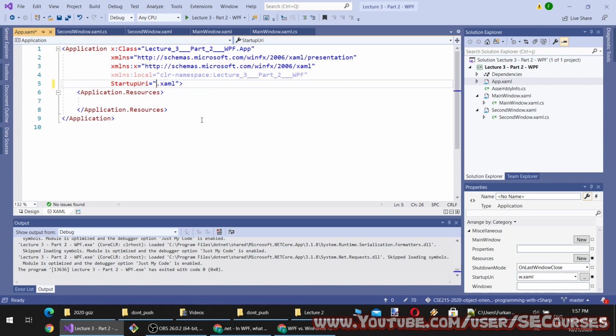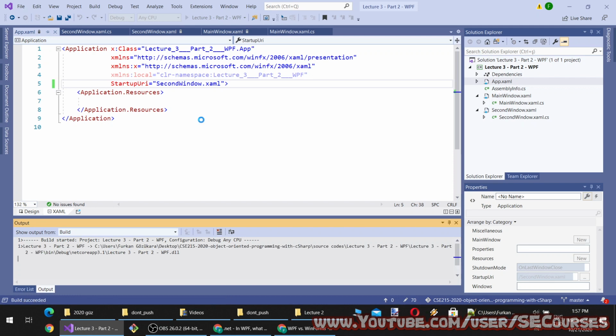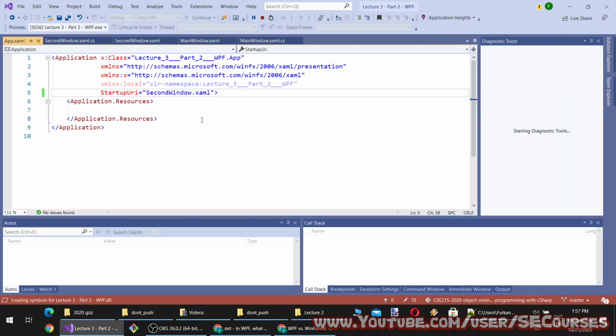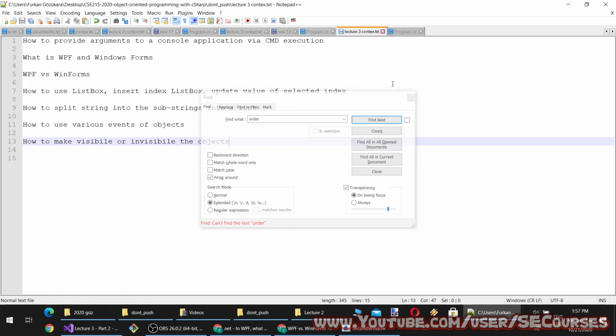I am going to make it second window. So when I start my application, it will automatically start the second window. Okay, and let's note this.